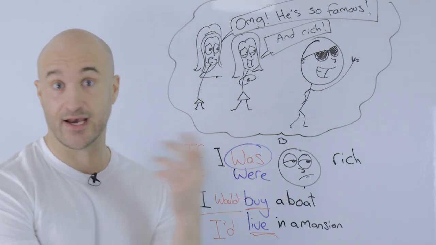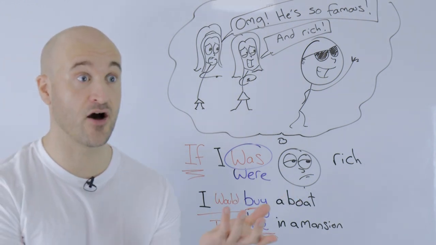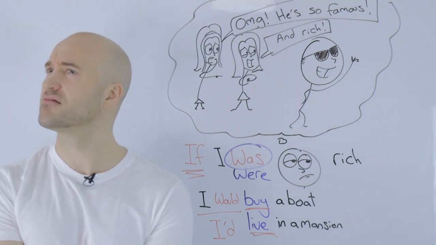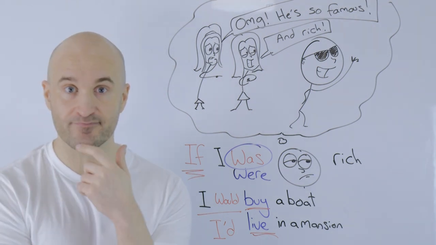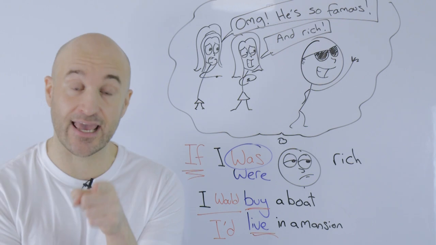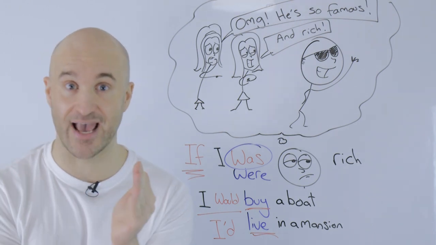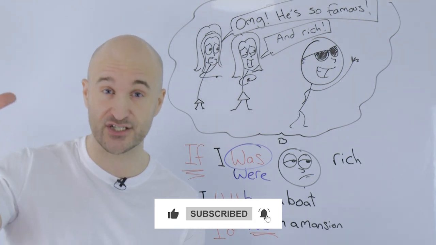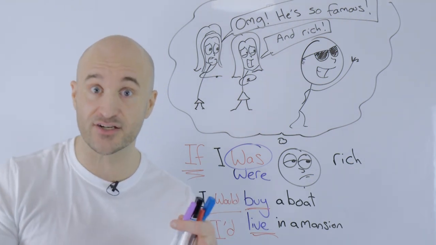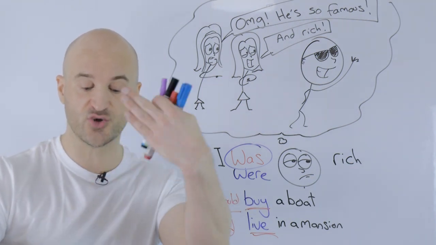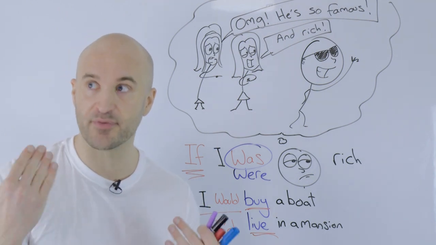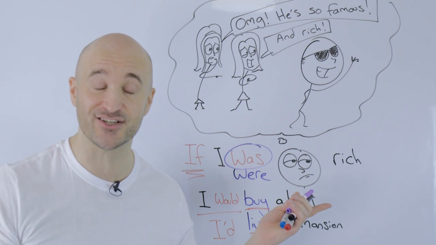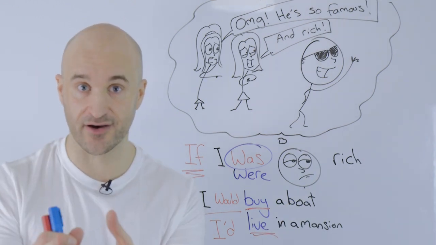I'd buy a boat, I'd live in a mansion, I'd hire Sabrina Carpenter to be my alarm clock in the morning. Please, Sabrina, wake up! What would you do? I'd what? Say it 3 times fast and you won't forget. Actually, no, for me, I'd buy one of those huge fridges. You know the big fridge with the door that's a window? I'd buy one of those. If I was rich, that's the dream. Huge fridge.